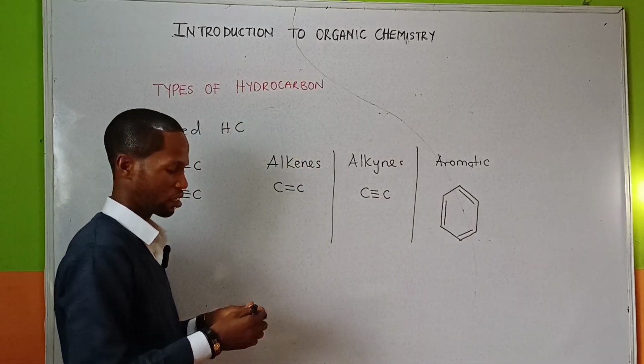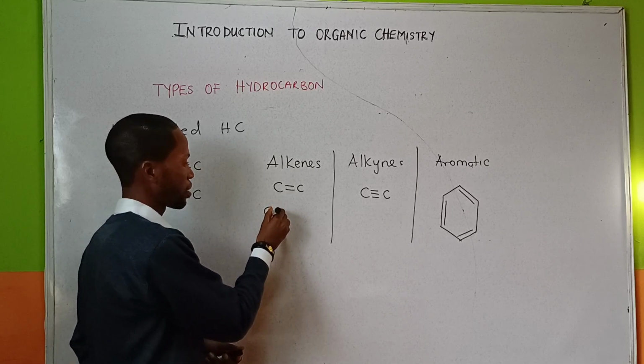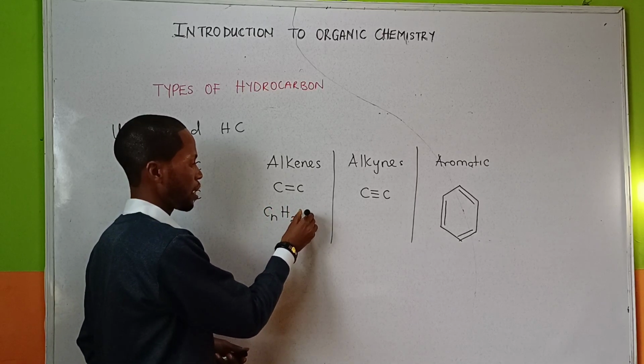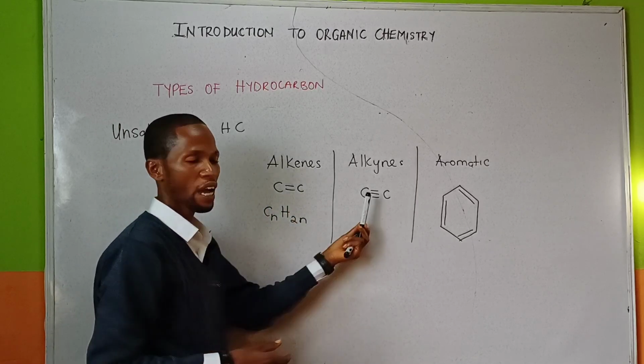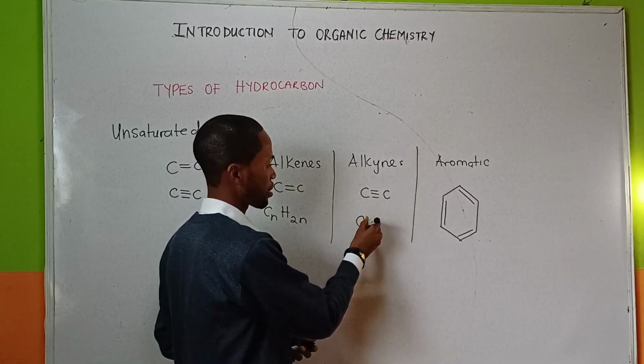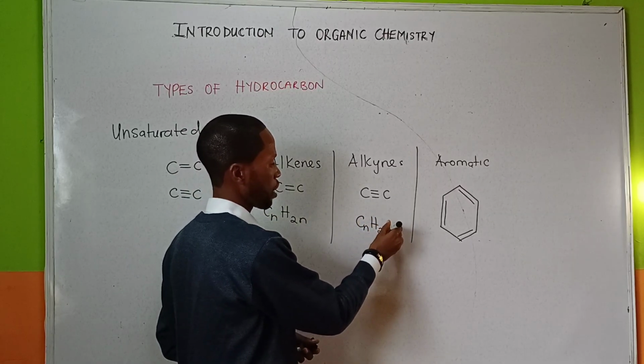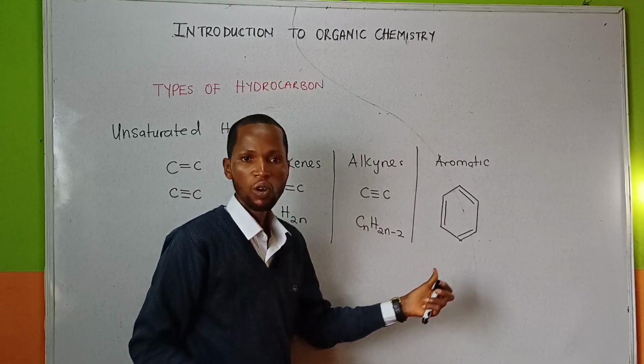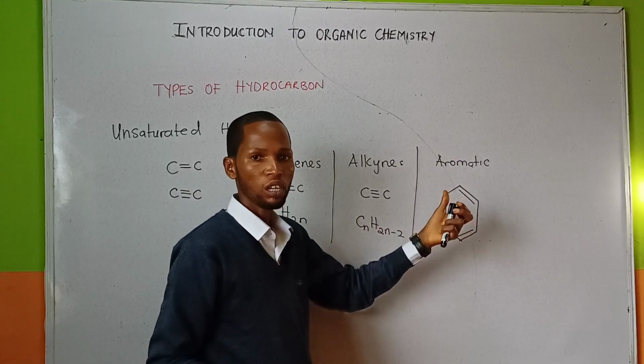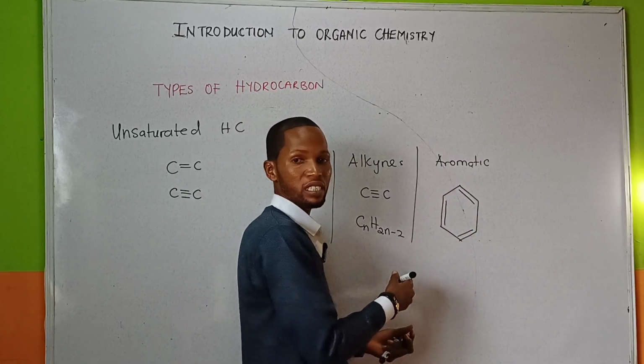The alkenes have the general formula CnH2n. The alkynes have the general formula CnH2n-2, while the aromatic structure exhibits the general formula